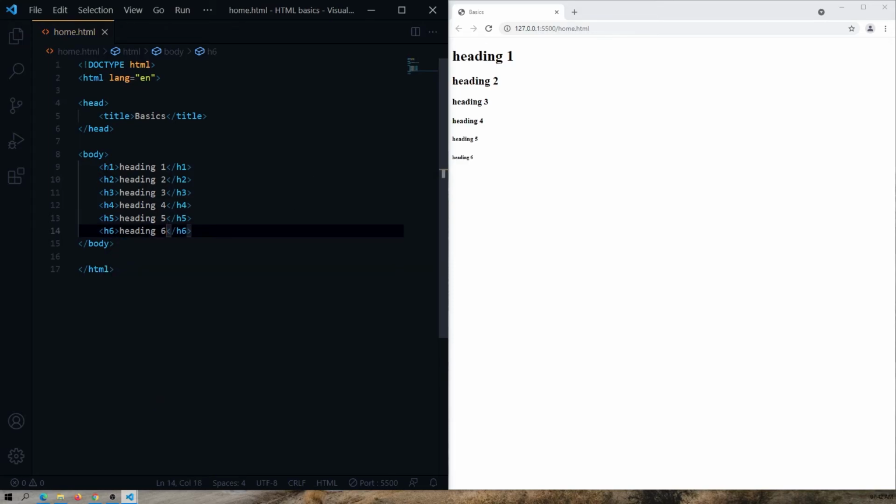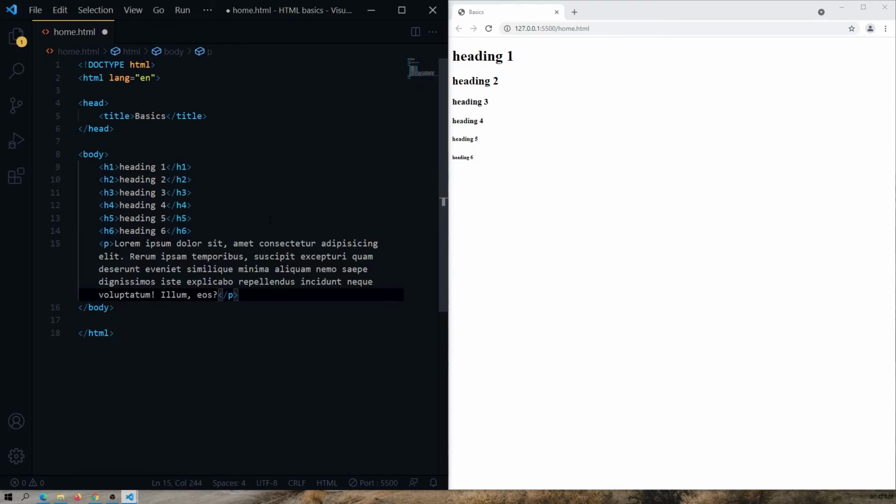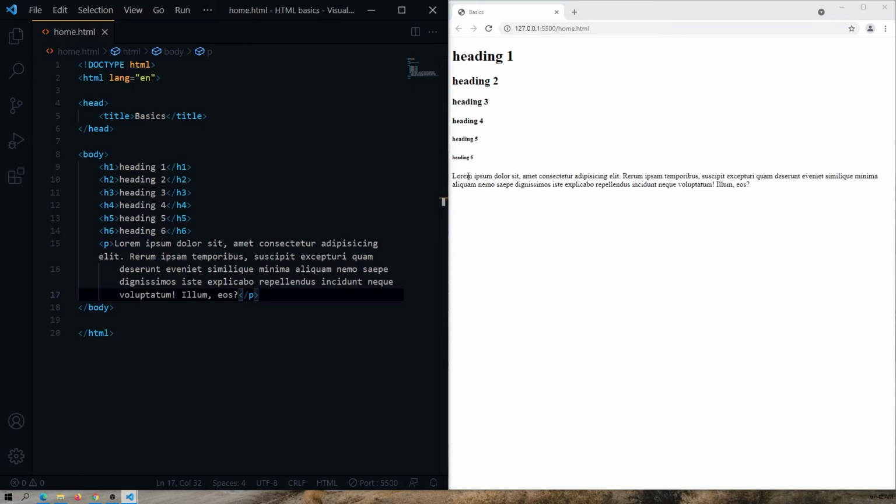You can see that the content inside the h1 tag is bigger than h2, h3, h4, h5 and h6. As the number increases, font size decreases. If you want to just use a paragraph, you can use p tag. It will tell the browser that it's a paragraph.